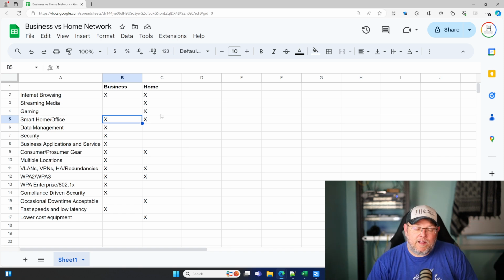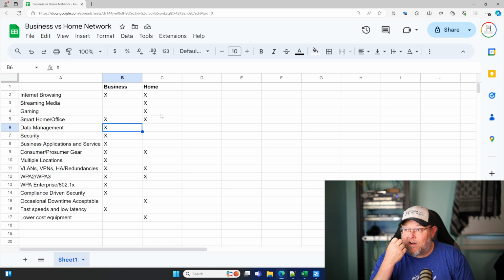So we've got to think about people who work out of their homes full time, but there's also going to be some differences there too. Like, are they actually hosting applications? We'll get into that here. So the way that we do data management with a business is going to be much different. We have a whole set of protocols. Now, that's not to say that you can't use that at home, but home users are usually a little bit more footloose and fancy free with the way that they manage things, unless they are business and security minded.